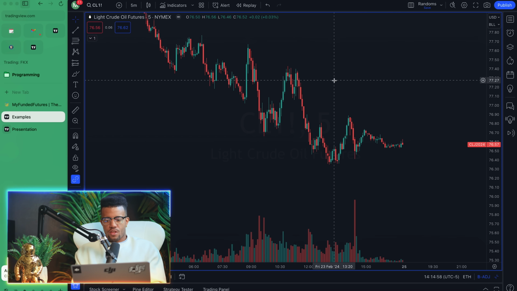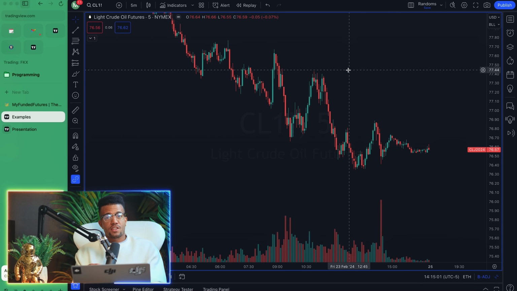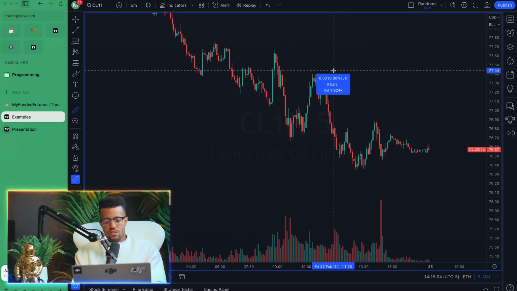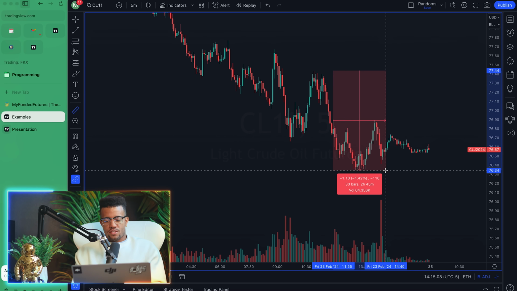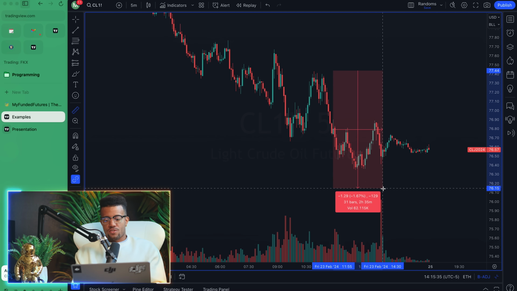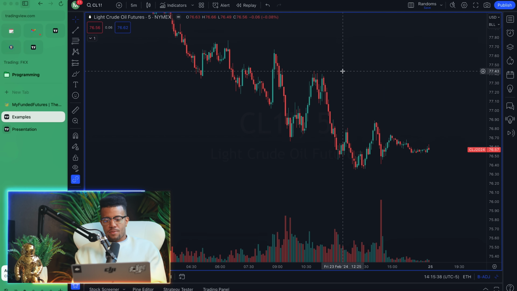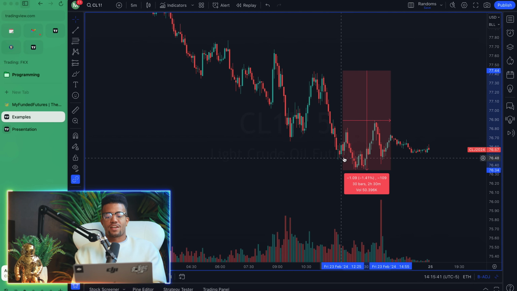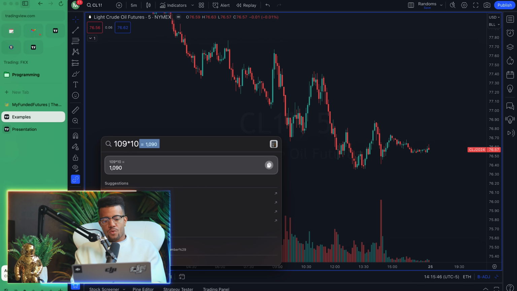So we can see here that we have quite a bit of price action, but because the tick amount is so small, it's 1 cent, this price action is only going down $1.10. But on the right, we see that that's a negative 110 ticks. So it's a $1.10 change, but down 110 ticks. Now I know off the top of my head that there's 100 pennies in a dollar, and each one is worth $10. That means that every dollar change in CL is worth $1,000. Or we can do this top to bottom again. It's 109 ticks. It's 109 times 10, guys, $1,090.